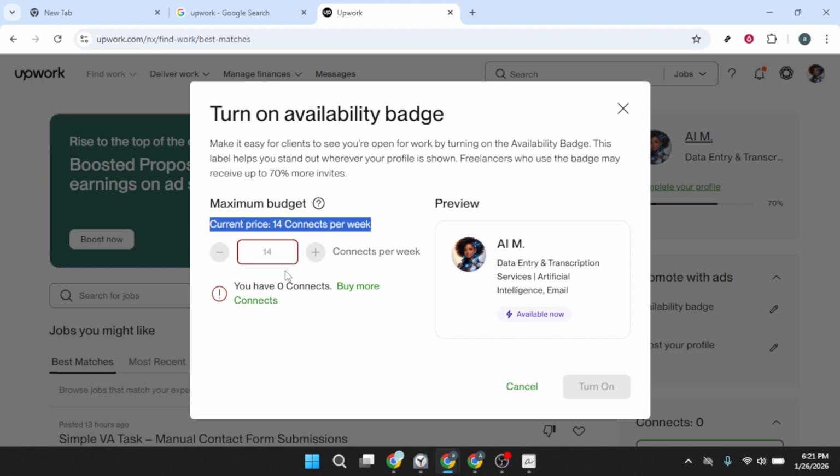If you have at least the required number of connects available, simply click Turn On. Upwork will confirm the activation, and your badge will go live, making your profile more discoverable to clients who need fast responses. This is especially useful when your schedule is open, and you want to signal immediate availability without rewriting